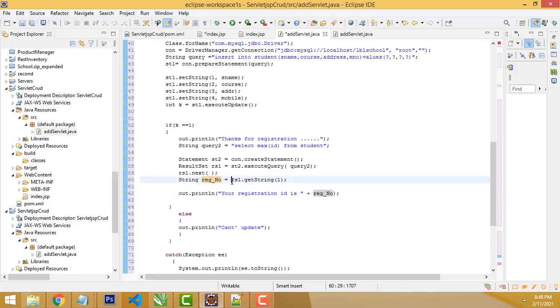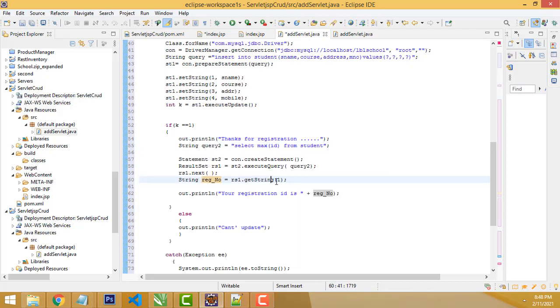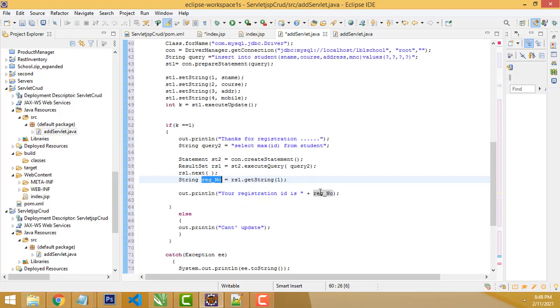What is the ID after adding the record? The ID will be generated. What is the last ID you inserted? It will be passed here. It looks like this. After inserting the record, it counts all the database fields, right? It gets the last value and passes it here. So it takes the value and you are passing the registration number here. So we have to write a concatenate operator: your registration number is plus, meaning it is concatenated with the registration number, right?